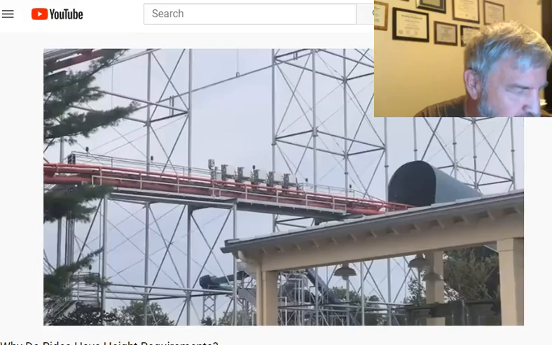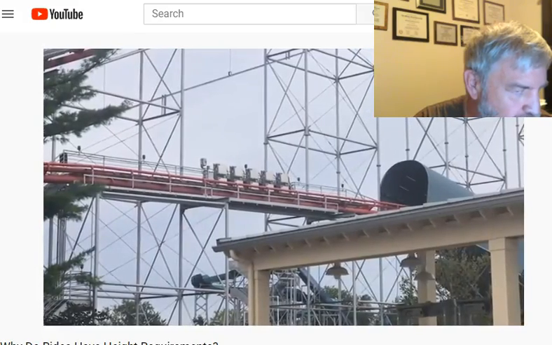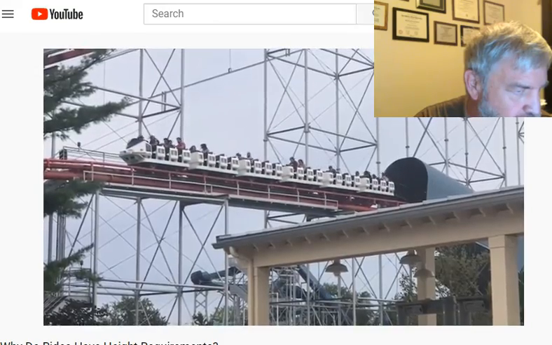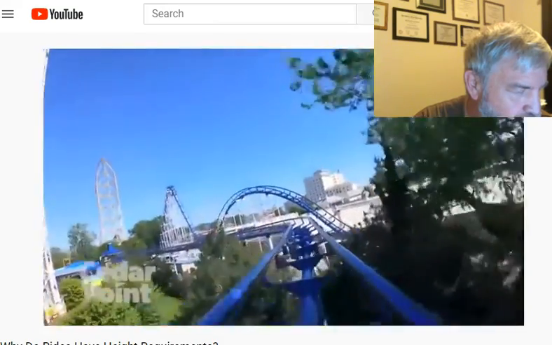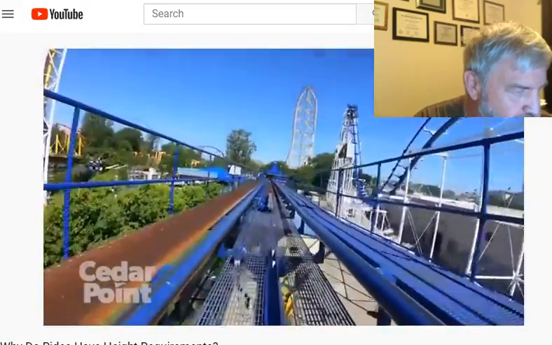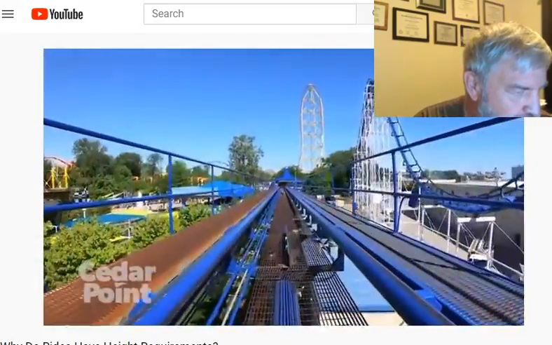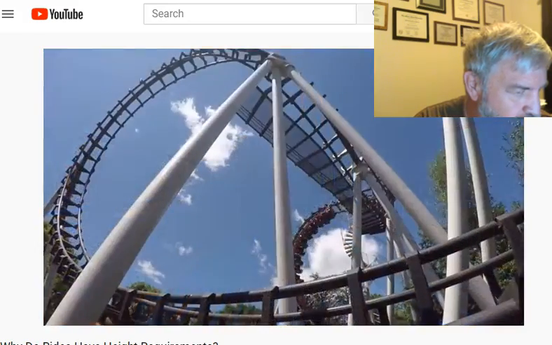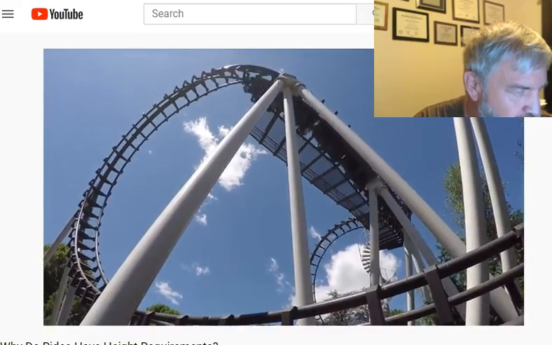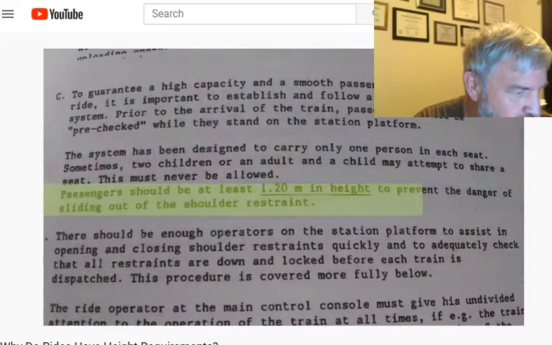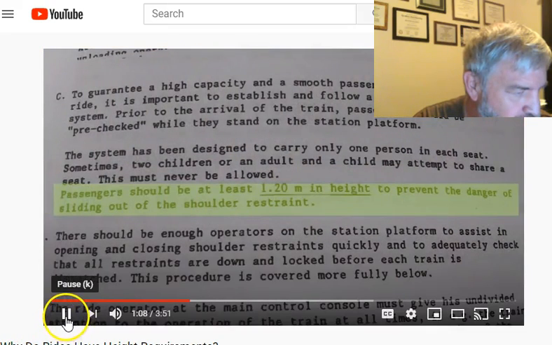On some older 48-inch rides like Gemini and Magnum at Cedar Point, trains can sometimes stack, and when this occurs, they will stop very suddenly in the brakes. In this situation, riders who are too short can be thrown from the ride's restraints. This is the reason that many seemingly tame rides have very strict height requirements. Vekoma, in their manual for the Boomerang model of roller coaster that is installed at many parks across the globe, states that passengers should be at least 1.20 meters in height to prevent the danger of sliding out of the shoulder